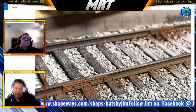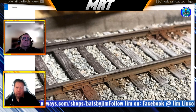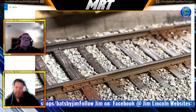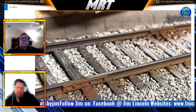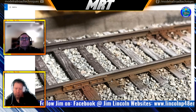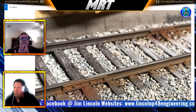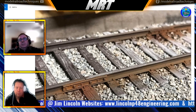We'll go and have a look at your websites in a sec. But talk us through just quickly what we're looking at here. Obviously, you talked briefly about the gauge of the rail here, and some of the other elements here that you 3D print effectively through Shapeways. Yes. The only thing that you're looking at that's 3D printed there, although I have 3D printed tie plates,